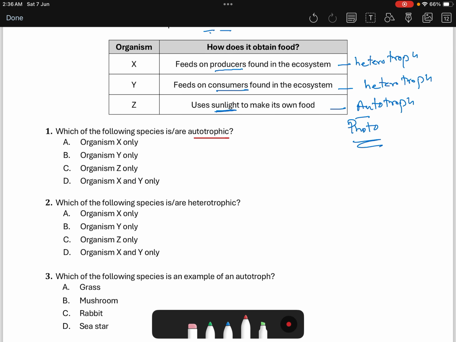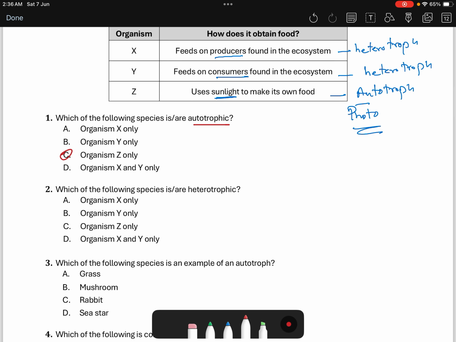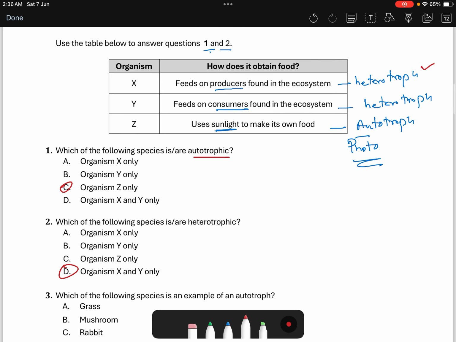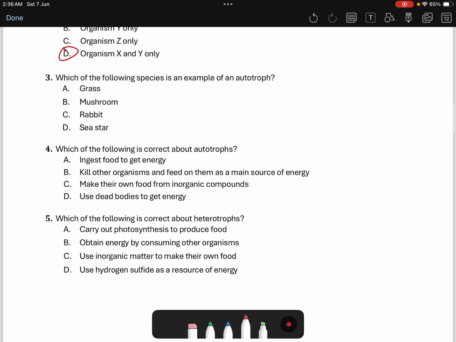Which of the following species are autotroph? You can now easily say it is Z. I'm not going to read all the options, but it's quite obvious, we did it already. Which of the organisms are heterotroph? Again, X and Y, we did above. So see, when you make these keys while reading, you make your notes, you can easily answer the questions. Which of the following species is an example of the autotroph? We discussed grass, tree, plant, they are autotrophs. And we studied above also some algae,